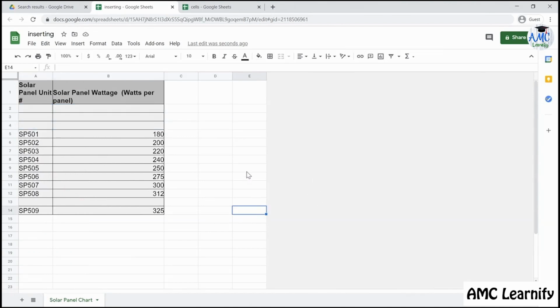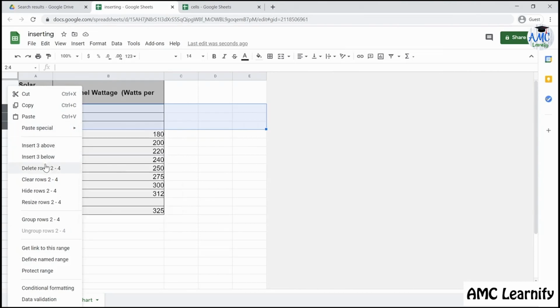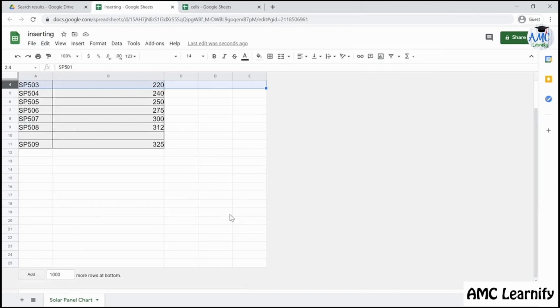Similarly, if you wish to delete multiple rows or columns at once, simply click on the row or column header to select and highlight all the rows or columns you want to delete. Then, proceed to right-click on the header and select the Delete option from the menu. To delete rows 2, 3, and 4, you can right-click or Control-click on any of the selected rows and choose